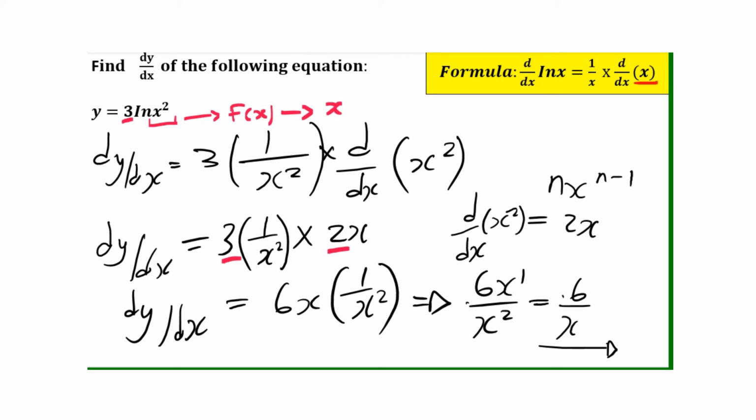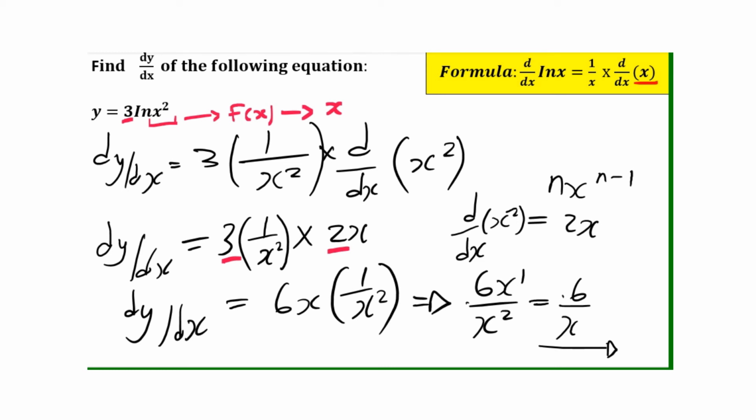So to do a recap, I said you keep 3 as a constant, and then you say open bracket 1 over x squared, then multiply by d over dx squared. Okay, then you find the first derivative of x squared, then you're gonna get 2x. Then after getting that 2x, you multiply it with the original equation, then you're gonna get 6x